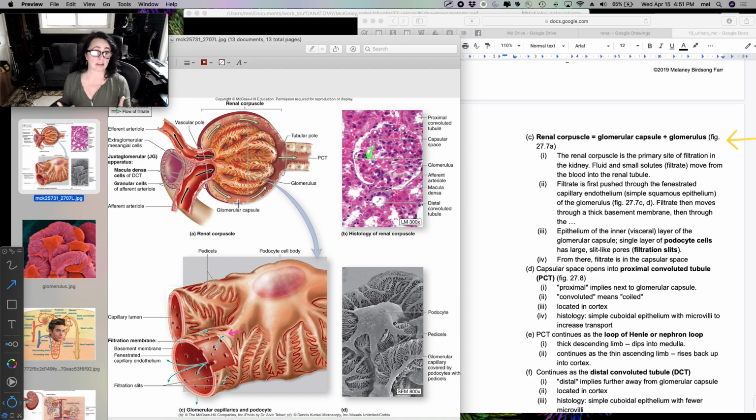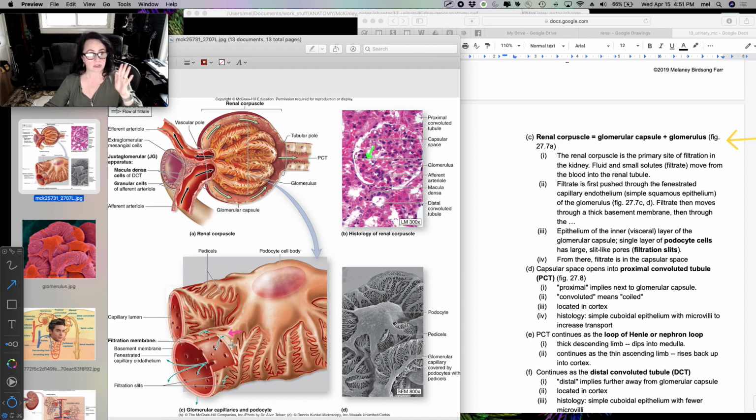It is the primary site of filtration, and it's really good at filtration for the pressure reason that we talked about, because the afferent arteriole is bigger than the efferent arteriole, but also because it's really porous, right? Lots and lots of holes. And also because there's over 1 million of them per kidney. So you end up with a lot of surface area, really, really permeable and high pressure, which makes you fantastic for